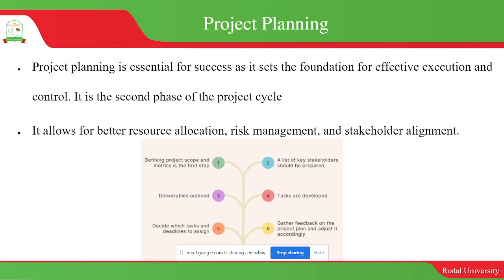So in project planning, we basically decide or we plan how to allocate resources. We design plans on how to mitigate risks, and then also have a clear strategy or plan on how we can engage with the stakeholders. So